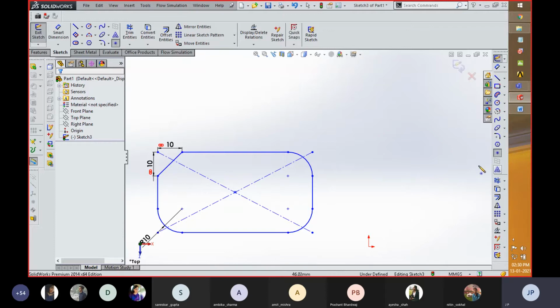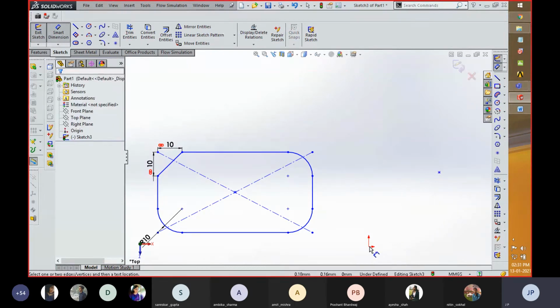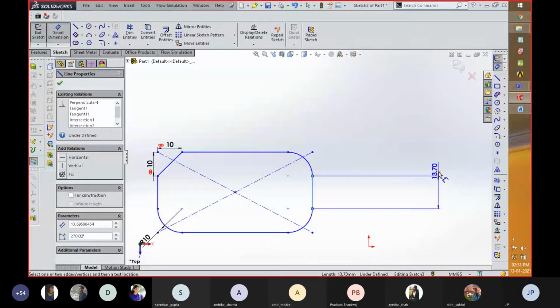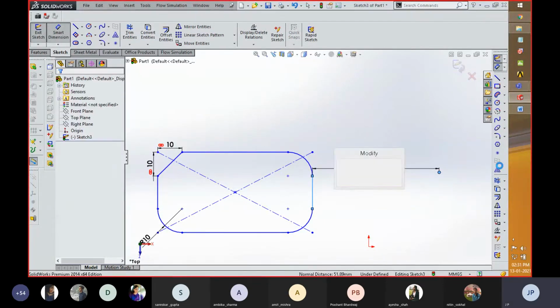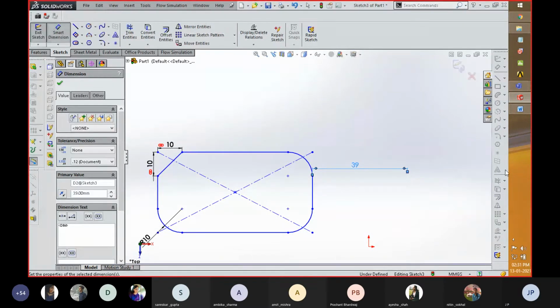If I need this sketch to be created over here at a certain distance from this coordinate or this rectangle, with the help of this we can create this point.